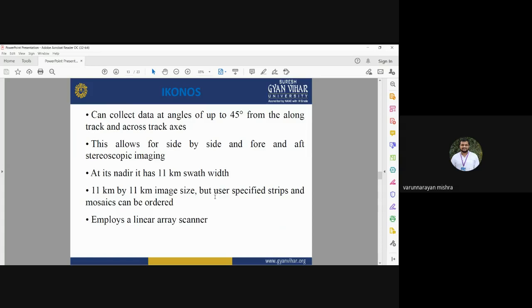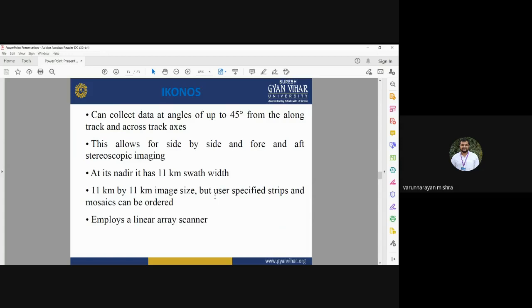At a time, it can capture an area on the ground whose width is 11 kilometers. Okay, 11 kilometer by 11 kilometer image size. The size of an IKONOS image is 11 kilometer by 11 kilometer, but user specified strips and mosaics can be ordered as per your requirement.